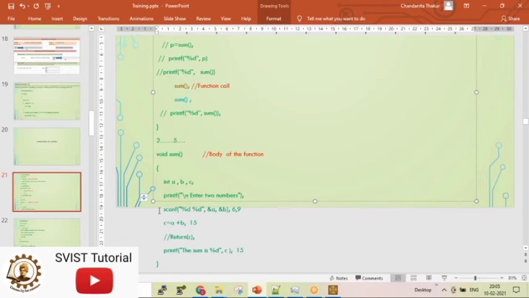Control has moved here, so it is the responsibility of the compiler to take the control back to this point so that the next line can be executed. Once main is opened, the compiler has to move up to the end of main. So to execute this line, control must come back here, and only then can the second sum function be called. Is this much understandable?